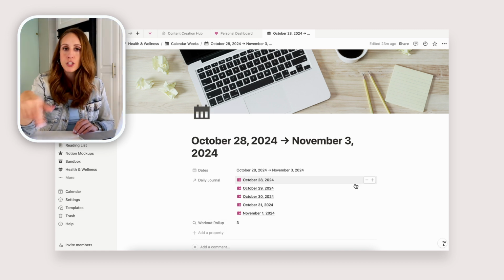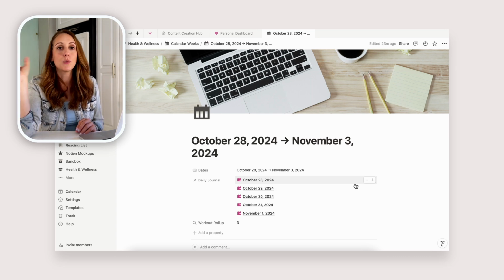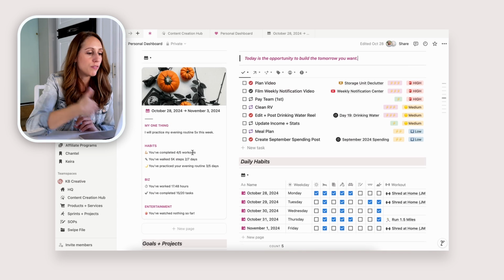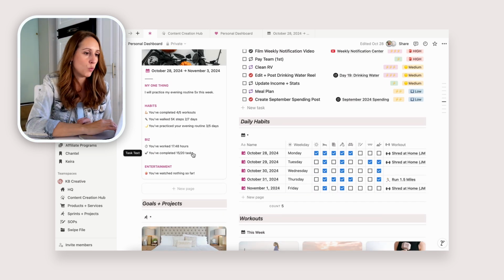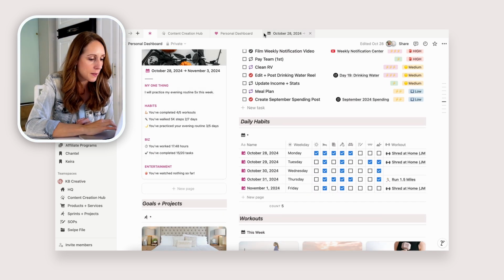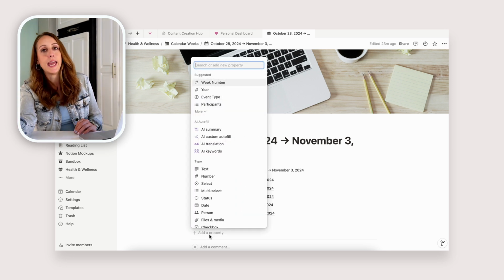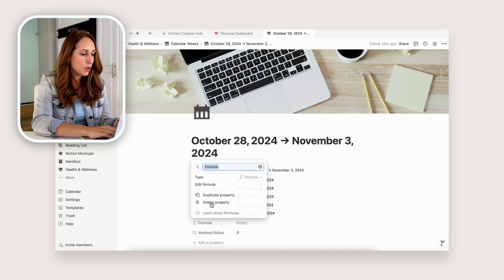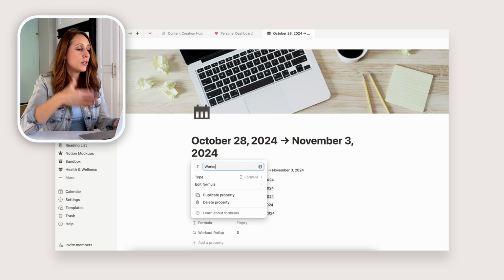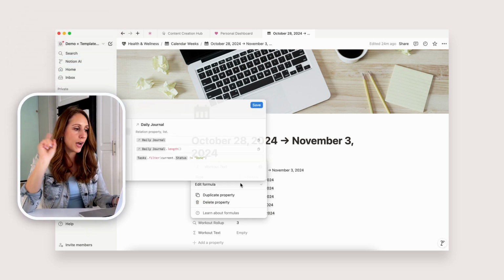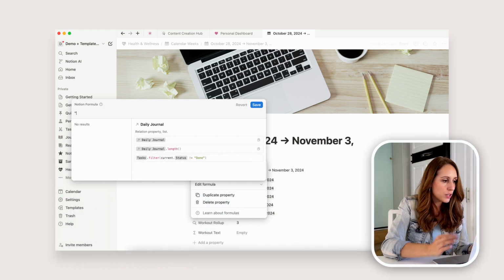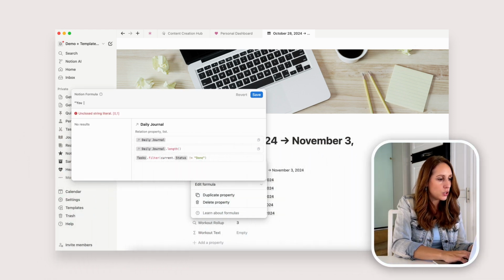However, this is a number that's just floating around without context, and so we want to give it that text that you saw on my page where I said we've completed 4 out of 5 workouts. So let's add some text to that, and we're going to do that via a formula property. So add a property, formula, and we're going to call this workout text. When you add text to a formula, you actually need to put it within quotation marks for Notion to read it correctly. So we're going to do a quotation mark and we're going to say you have completed,